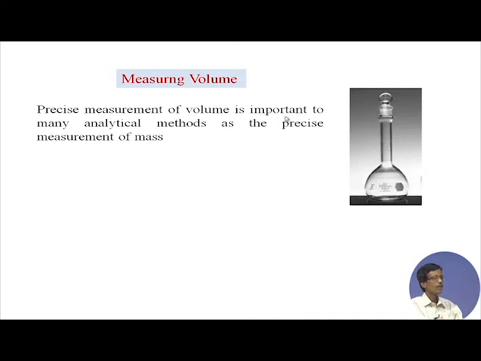Precise measurement of volume is very important for our analytical technique, for all the different analytical methods, because whatever we are doing, we should know the amount of mass by knowing the volume. So, when we make a standard solution of potassium dichromate, we also know the amount of chromium present in it. So, it can be a standard solution for your chromium estimation for any other experiment.